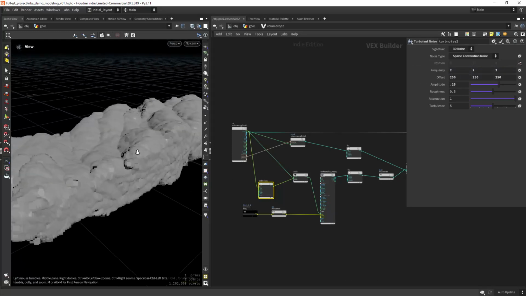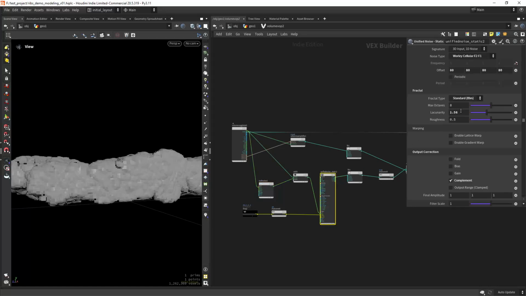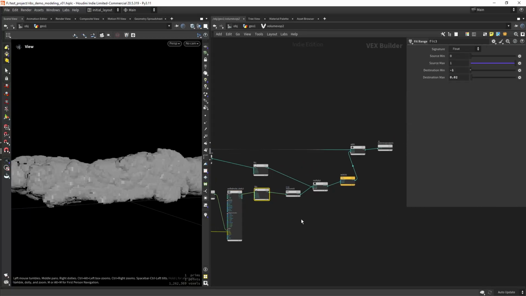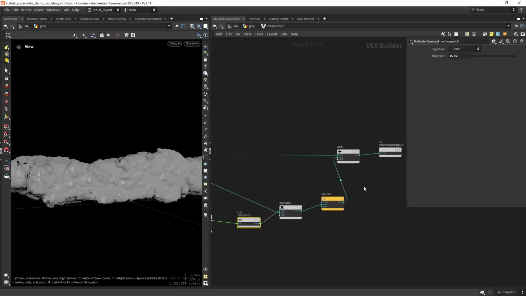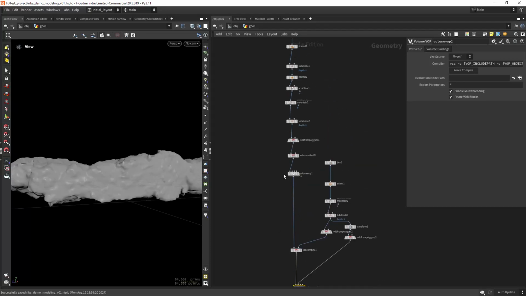Sparse convolution, 3D noise, and let's see, this one is fine. I maybe want to play with the offset, and the rest is fine, I believe. Let me see the fit, multiply, and yeah, that's all. So now we just need to increase the resolution. So how much was it? 0.0015